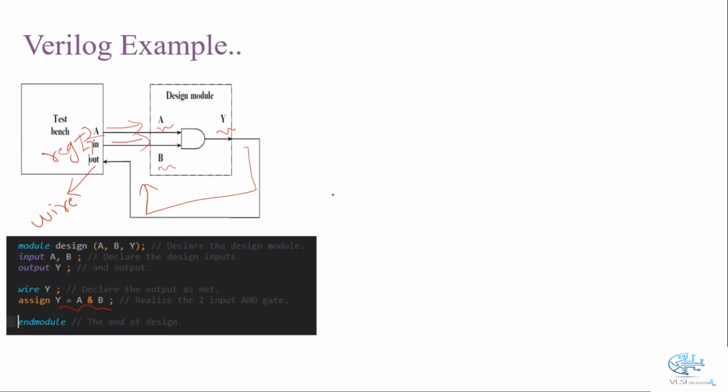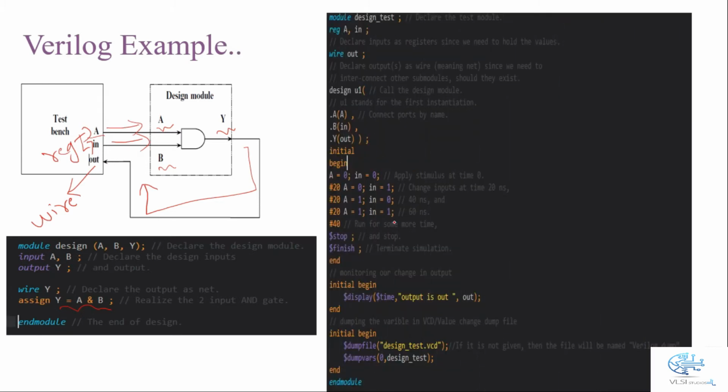Now let's go through the test bench Verilog code syntax. The first thing is we have to give a name to our test bench module. In our case, if our module is design, it's better to give it the name design_test because it gives you a better idea about the design module name. So if we take our module name, let's suppose AND, here we are giving the module name AND_test.